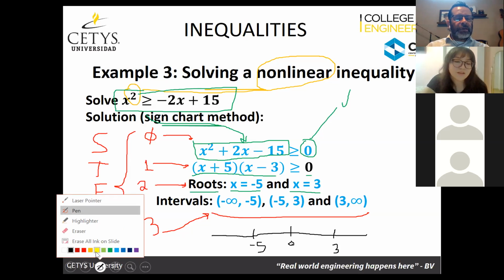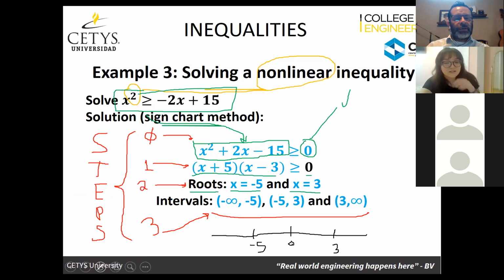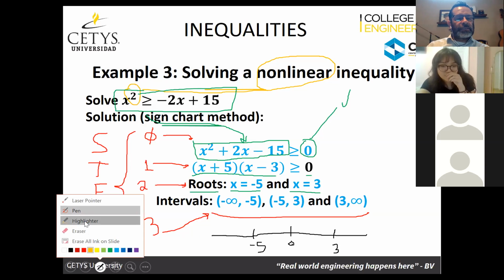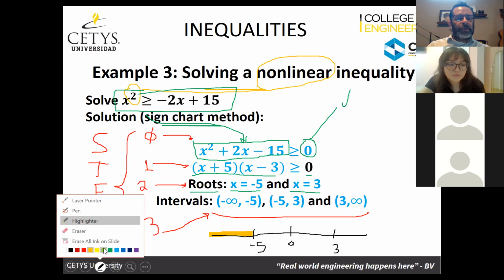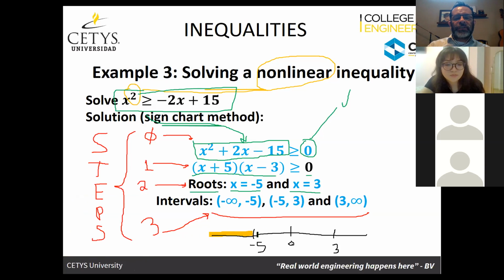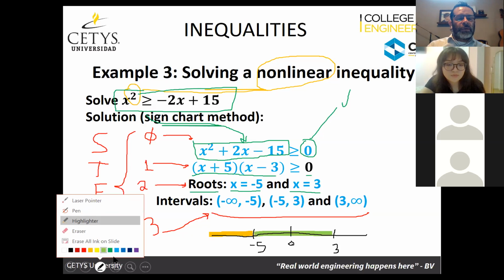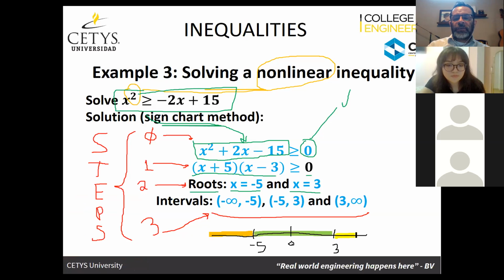I'm going to try to put them in different colors. So one section is this one. Okay. Another section is this one. And another section is this one. Is that clear, Alejandra? Basically, to establish the intervals, each of those sections is